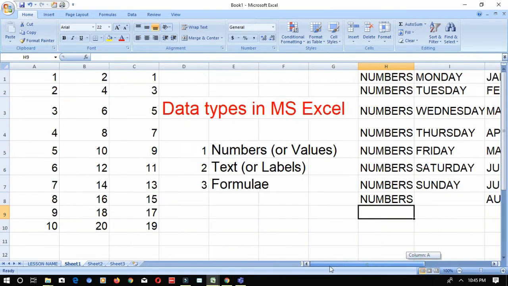Then is performing undo and redo. You should know what is undo and redo. Undo means whatever you did now. For example, if I delete these numbers, I can undo it. That means it came back. So what is meant by this undo? Can you see these two buttons in the Quick Access Toolbar? This is for undo and this is for redo.